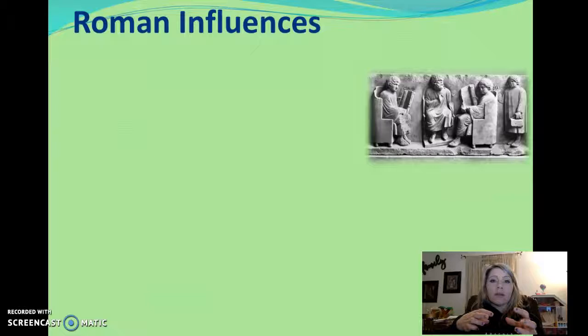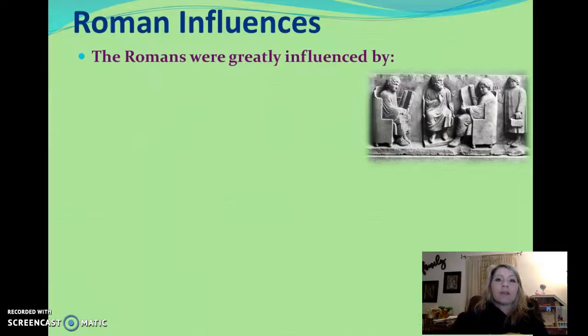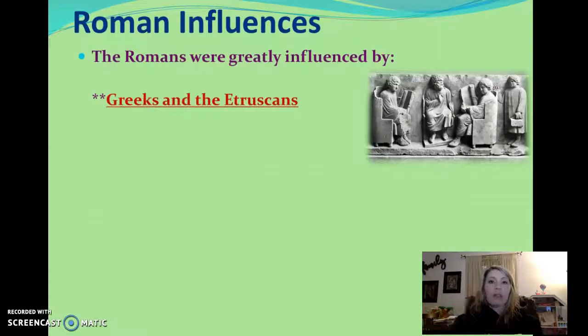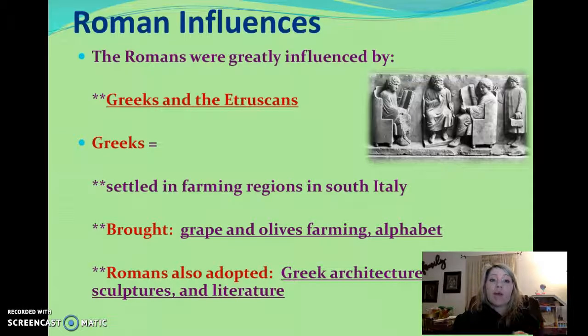So what they're going to do is really look around them as things are expanding, and they're going to try to learn from them. Okay, copy different things. Take all the good and then weed out the bad. Okay, so if we look at these Roman influences, the two greatest influences on the Latins, or the Romans as they're now called, are the Greeks and the Etruscans. So we talked all about the Greeks, and we know that the Romans copied a bunch from them.